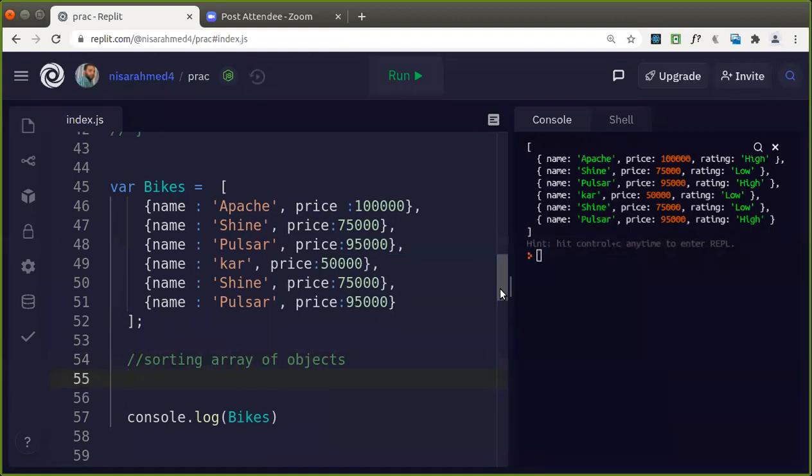Not appending, sorting. The ones with the highest cost should be displayed first, highest to the least. When you display bikes, it's generally in the original order. With respect to price, we want to sort it.